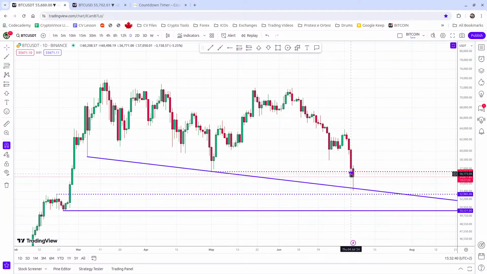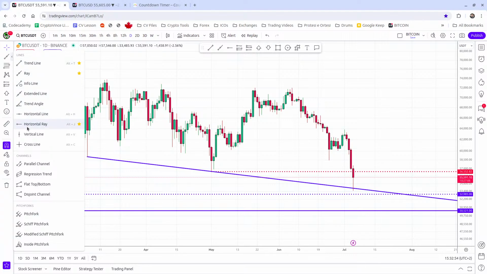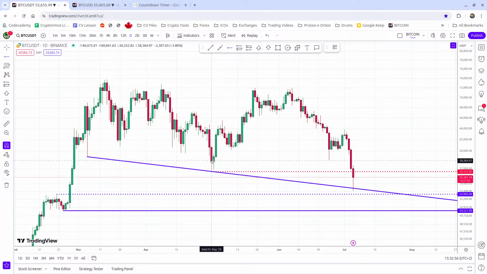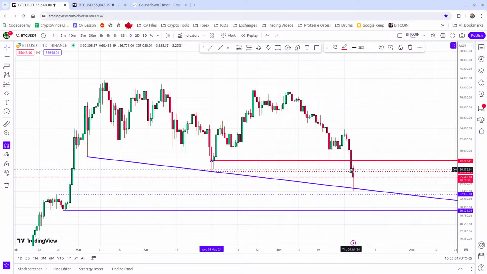It closed above, if you see, right? And for me, it was like, okay, yeah, the bulls are kind of protecting this level, but sometimes the candle close is way more important than the wick. And the candle close is this one, and price totally closed below that level. And that's why I think it kept going down and down and down,